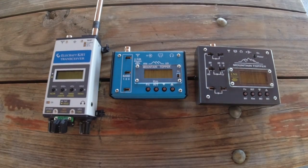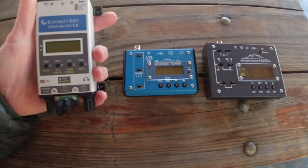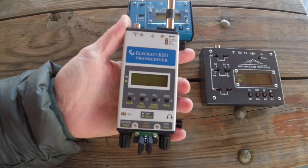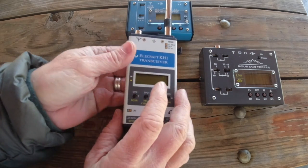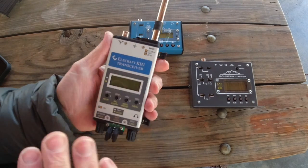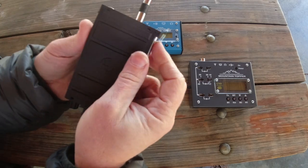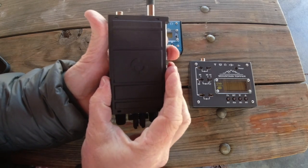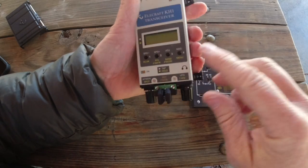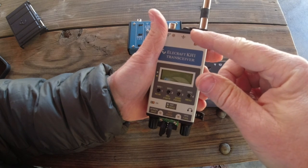Now, to get started here, one thing that you'll notice and a lot of people will talk about is that the KH1 is much more than just a radio. It's not just a tabletop radio or something. It is actually designed to be a handheld, portable, or pedestrian mobile radio. So when fully configured, when you have the little cover on it, and I've taken the cover off and I'll explain why, when you've got the cover with the logging tray, and you've got the whip antenna and the paddles, and the internal ATU, the coils that go along with the antenna,